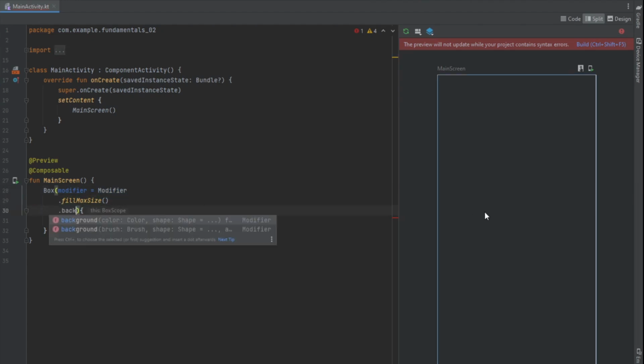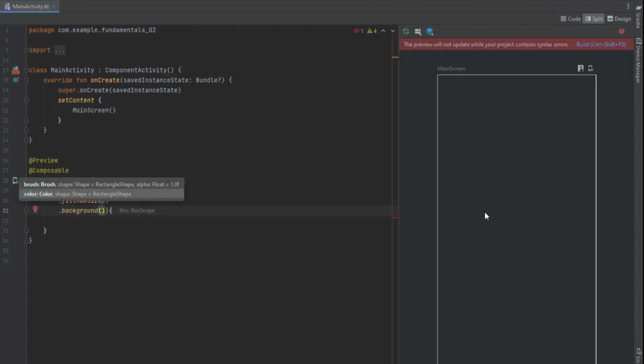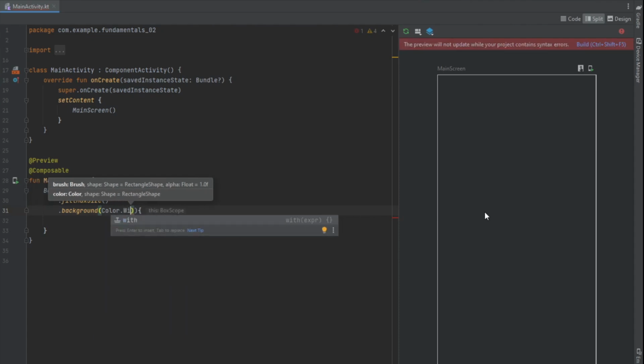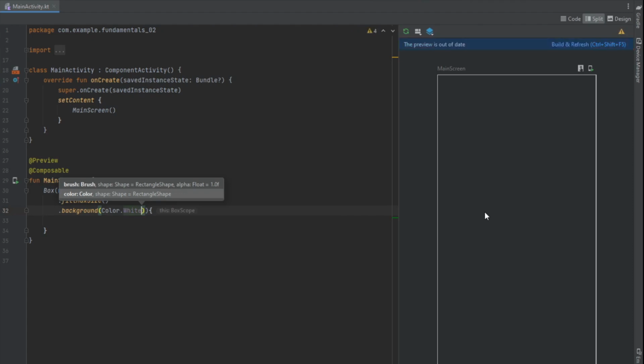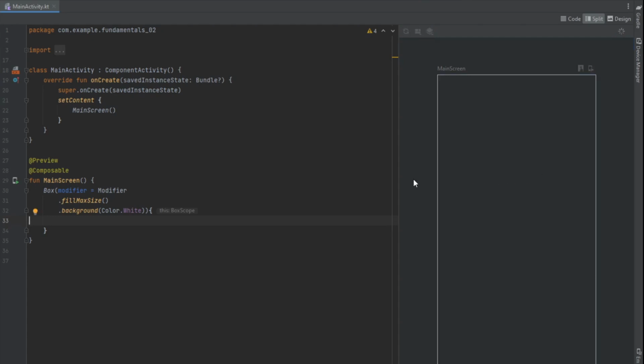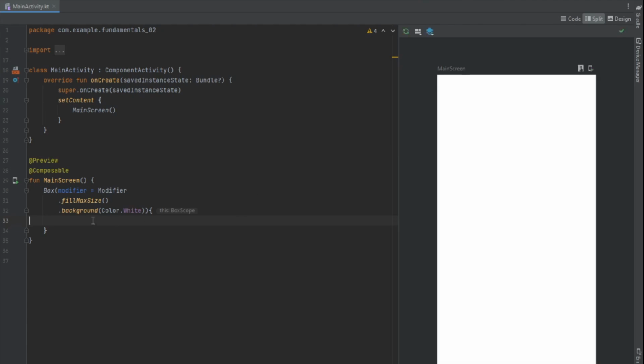So my modifier is equal to all the modifiers that I will add here. And now I want a background. I want a background. And we can do color. And I want a white color. Simple. Let's make it simple. There we go. Let's update here. There we go. Perfect. So now we will need another box inside